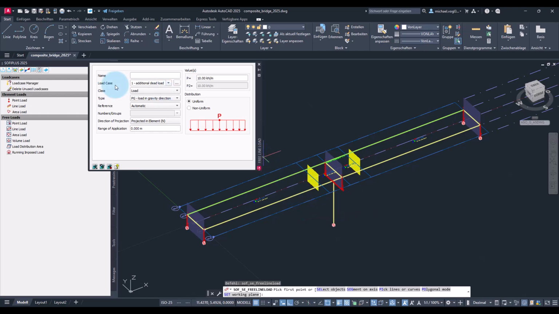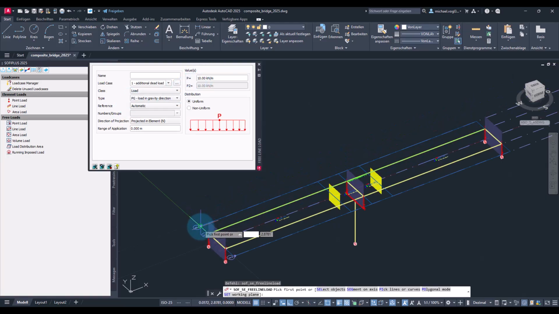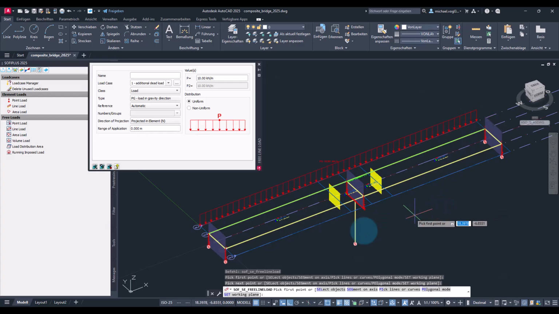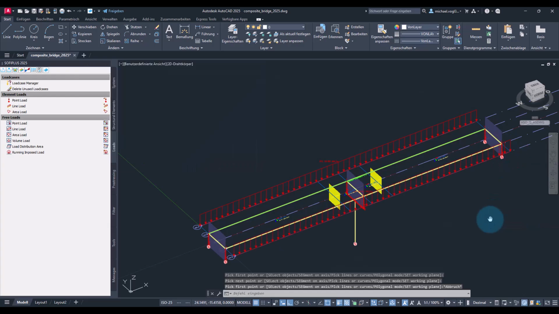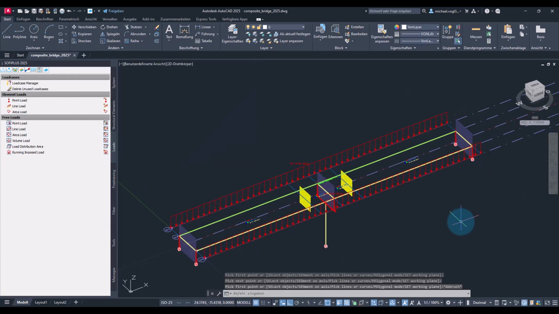So load case is okay, load is okay, also the type, and even the value is already okay. So then I choose the start and end point, and same on the other side, and then I have my additional dead loads defined. Next, we will define the settlements.